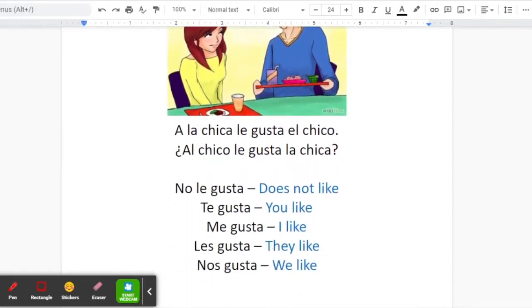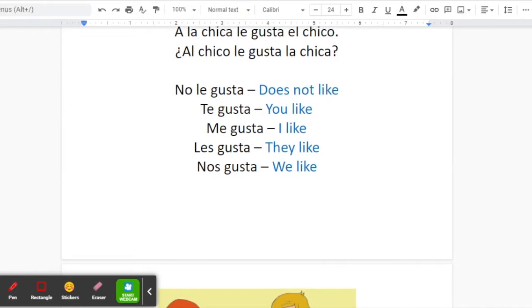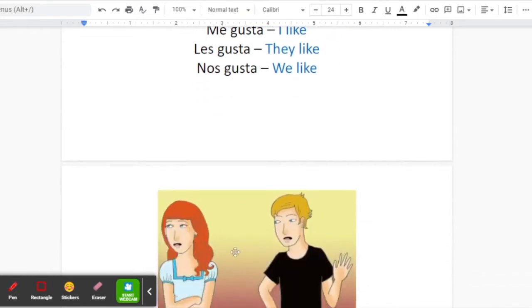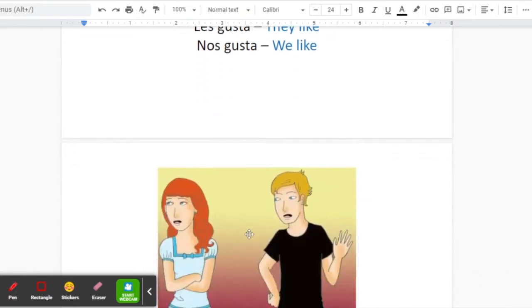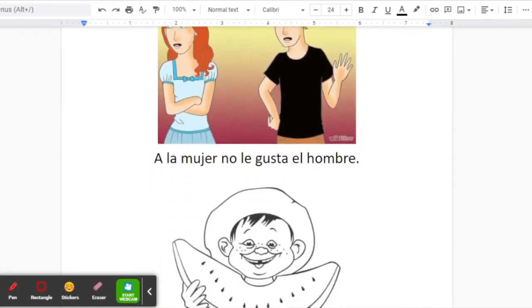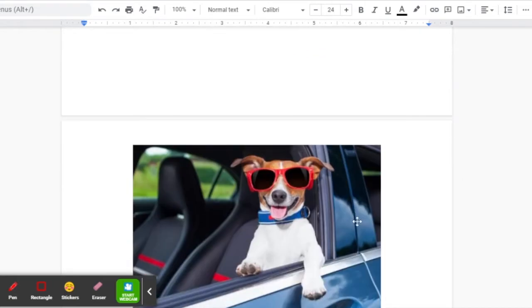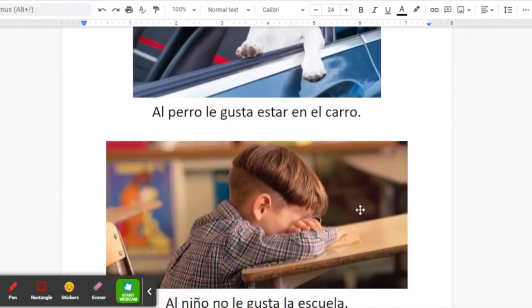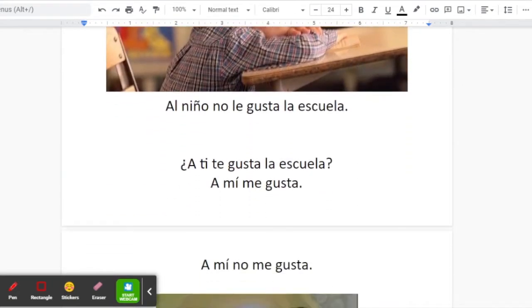If you want to draw their attention to linguistic features of the verb, you're welcome to do that. With a verb like gustar in Spanish, it is a good idea. Again, I show the picture, talk about the picture. We can translate the caption if you want to, or just read the caption. And I just found these on Google Classroom, and once I have a few